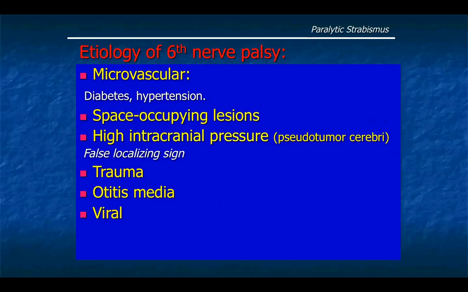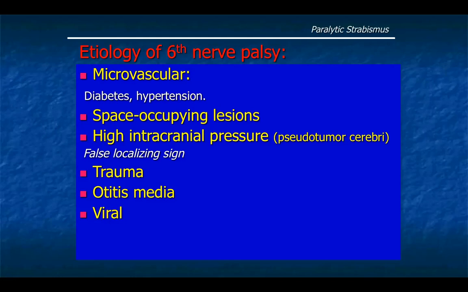The etiology of a sixth nerve palsy could be microvascular, where the small blood vessels supplying the nerve are affected. The microvascular causes could be due to diabetes or hypertension, or could be due to a space-occupying lesion like a brain tumor or an intracranial aneurysm compressing the nerve trunk, or could be due to high intracranial pressure, which is idiopathic